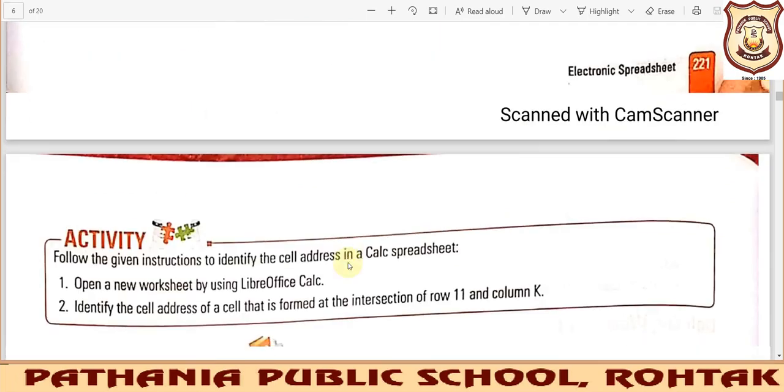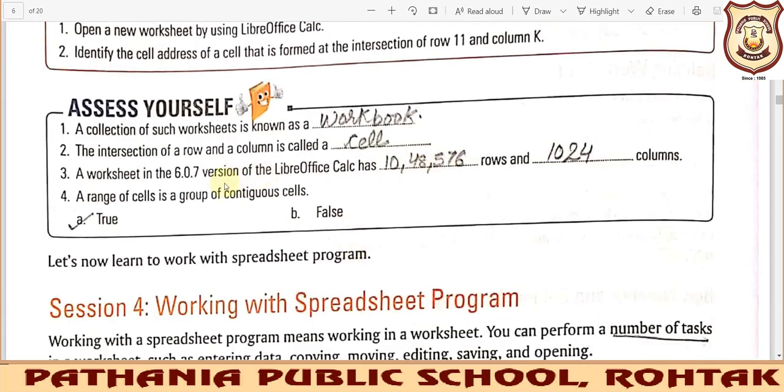So now let us move to the next topic. Before we move further, you must fill in the answers for this part. The collection of such worksheets is known as a workbook. The intersection of rows and columns is called a cell. The worksheet in the 6.0.7 version of LibreOffice Calc has 1048576 rows and 1024 columns.